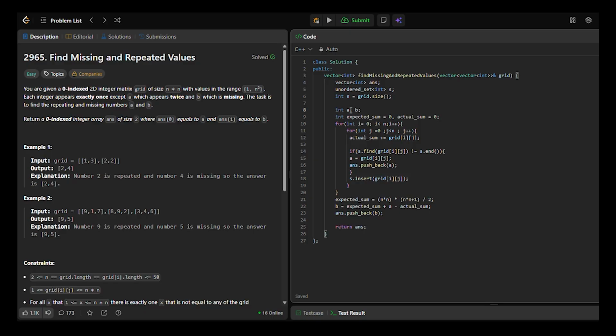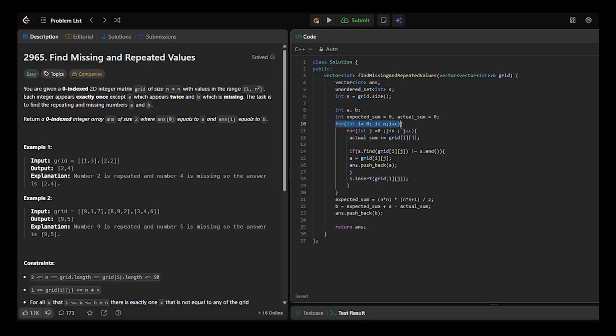A is for our repeated value and b is for the missing number. So first we take two integers, one is expected sum initialized by 0, and then actual sum which is initialized by 0,